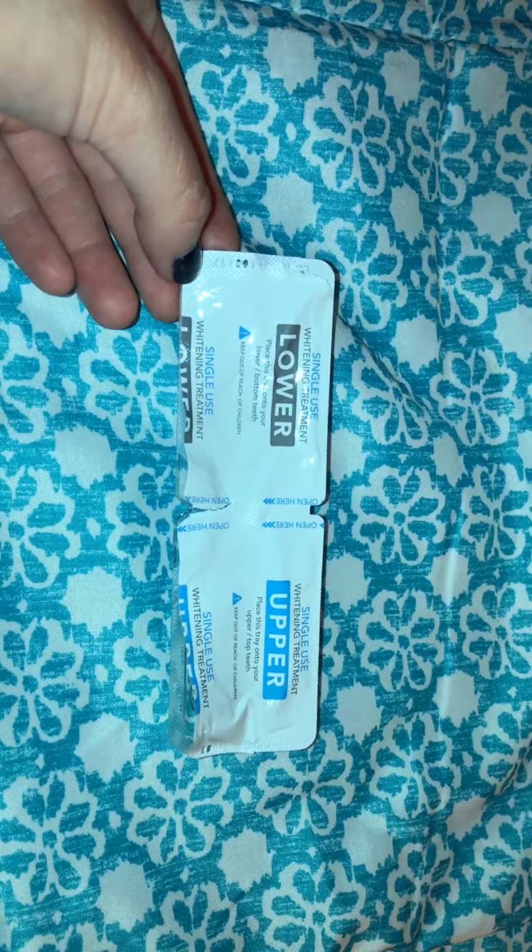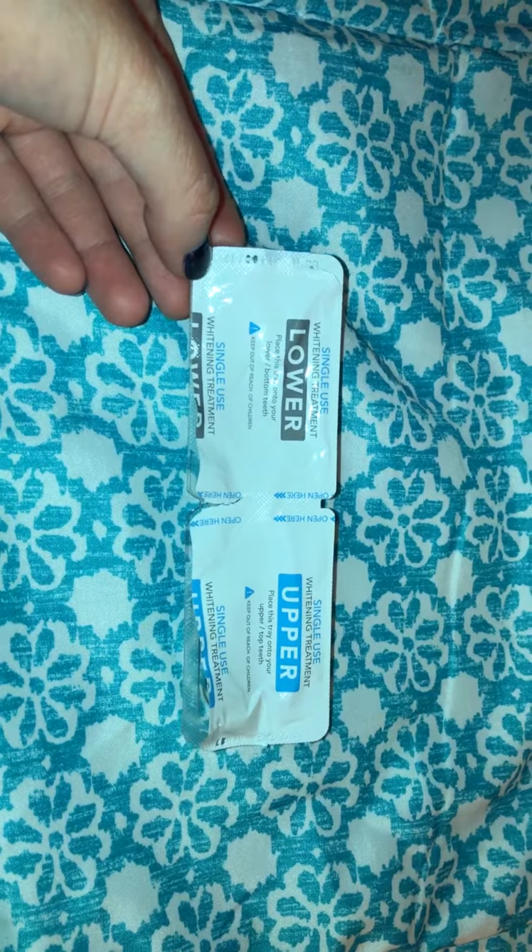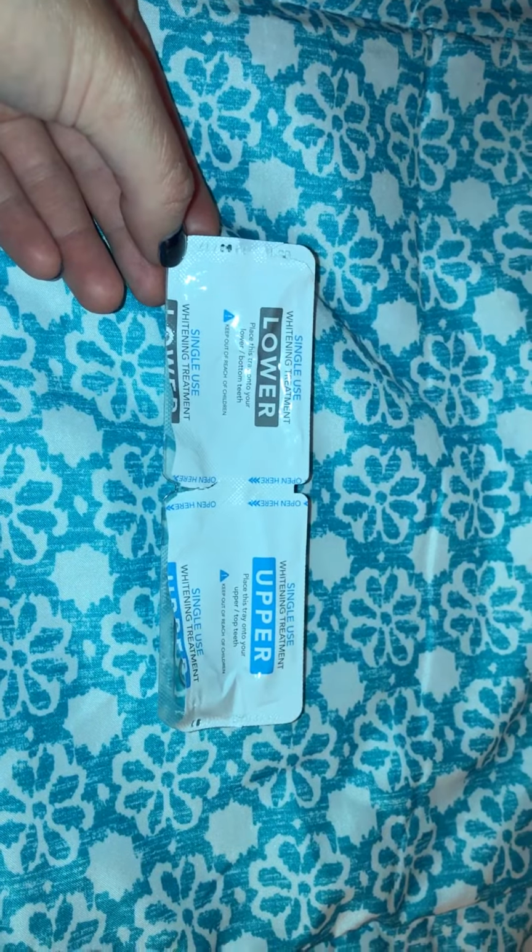But then I was finding that it was making my teeth too sensitive and hurt too much the next day. And I don't really have sensitive teeth, so that's something to keep in mind. So I've decided now to just bring it down to 20 minutes only. I set a timer, and once it's been 20 minutes I take them off immediately because they are quite powerful. They have a lot of hydrogen peroxide in them, and you honestly don't have to leave them on for very long. At least for me, I still get the same whitening effect whether I leave them on for 20 minutes or 40 or 45 minutes. So I only put them on for 20 minutes, because if I do, I don't get that sensitivity